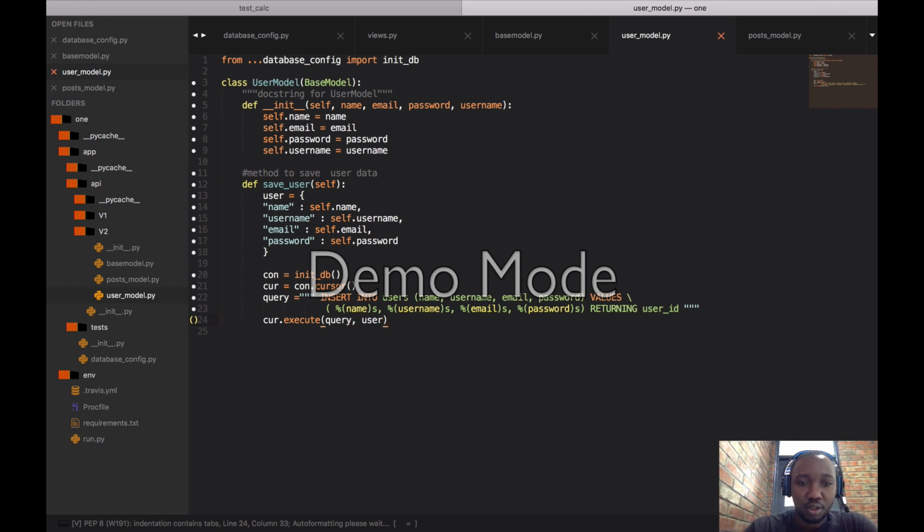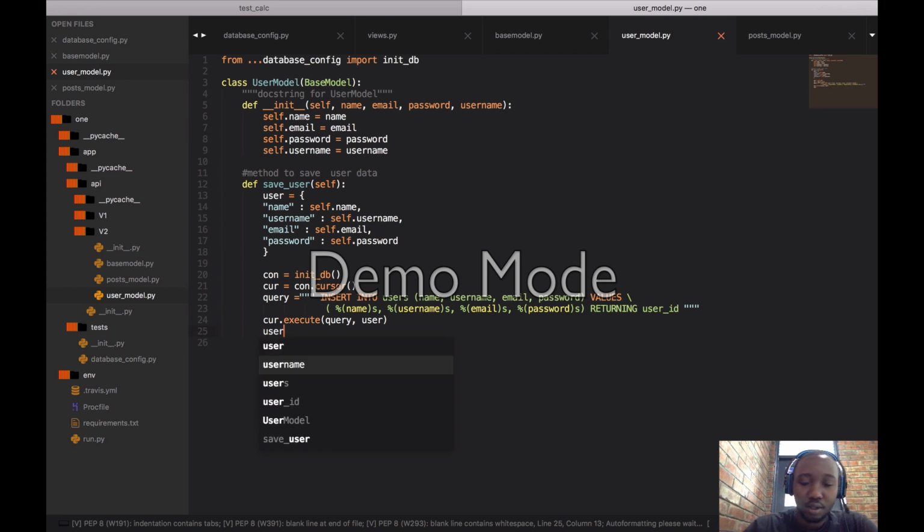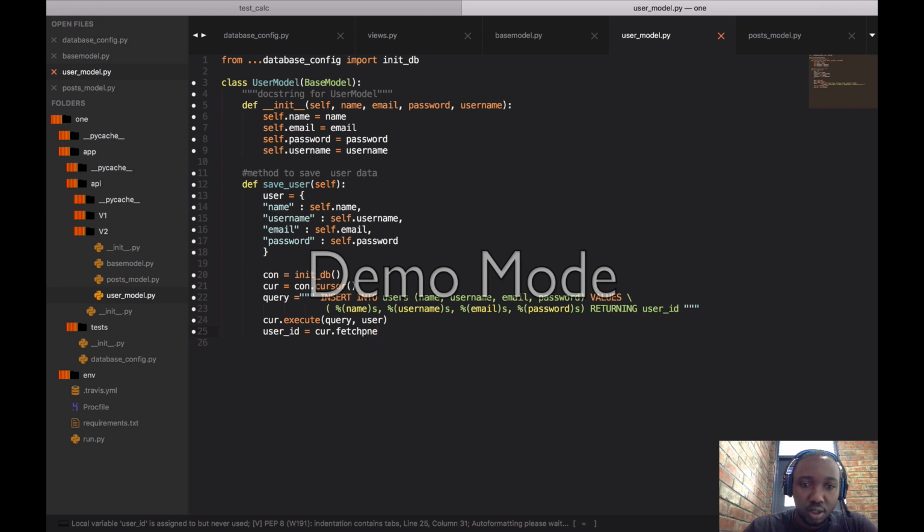So it's super important. User ID is equal to cur dot fetch one, and I want only to fetch the first one. Con dot commit